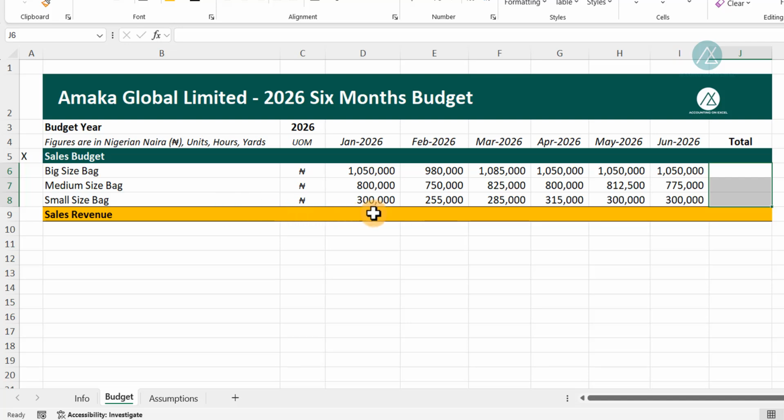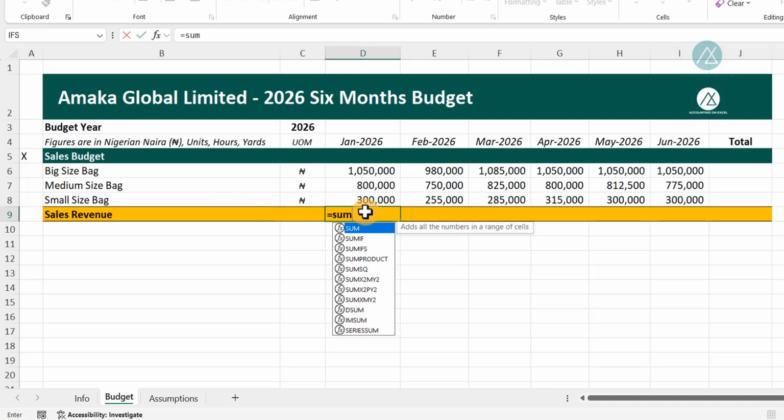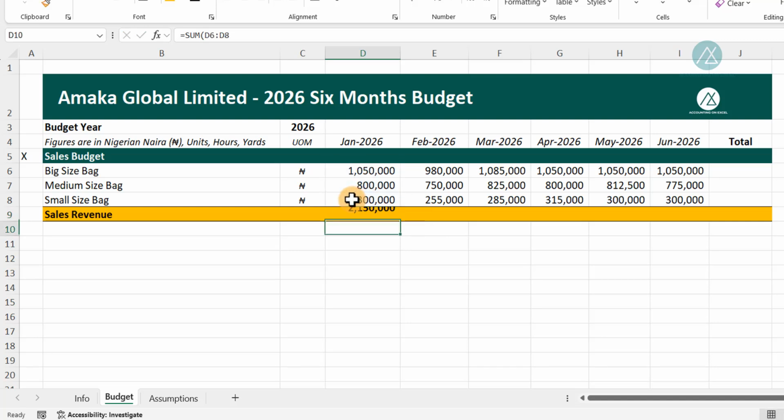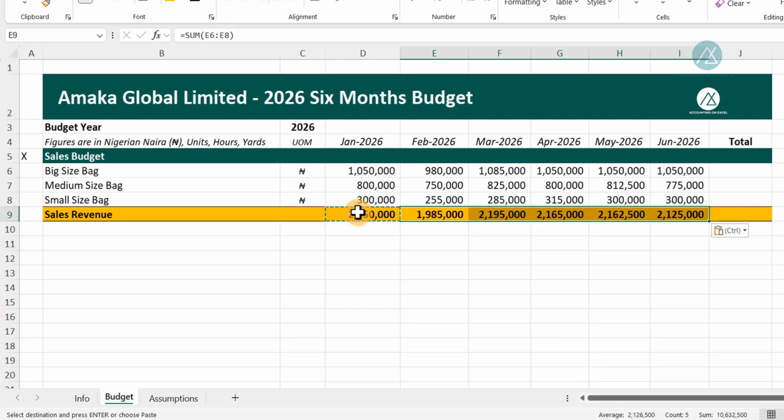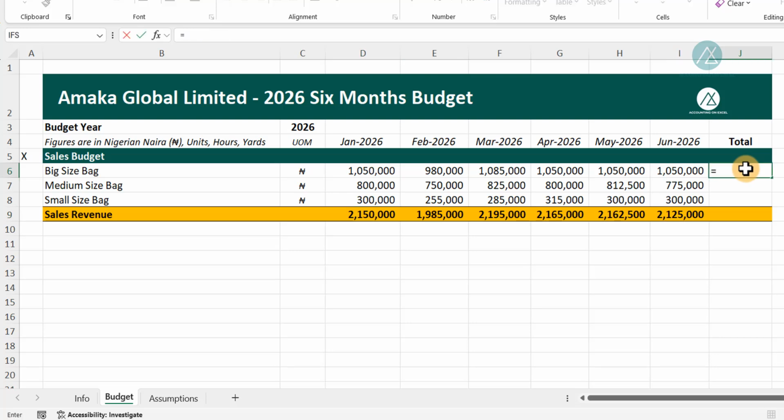So let's get the total. We use a sum function to get the total. So you sum the entire range and there you go. So this is the total sales we'll be having for January. Copy and paste. Good. So having done this, we have our sales budget ready. You can input the total by using the sum function also and totaling everything here.